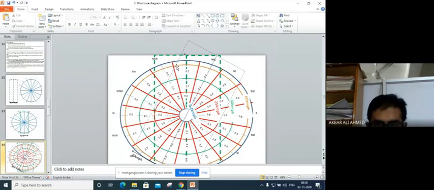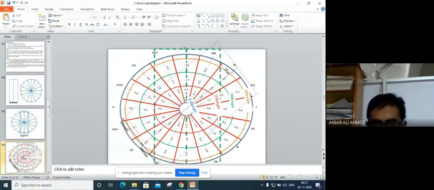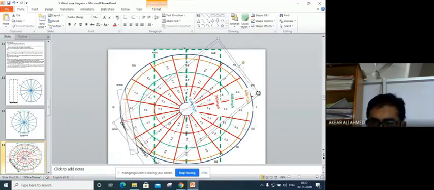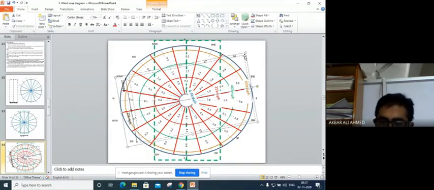And then I will see what values lie between the extreme left line and extreme right line, and only the inside values I will take. The values which are lying inside these vertical lines, only those values I will take. Similarly, another trial. Again, change the orientation in this manner. And again, what are the values lying inside? Only those values. Again, one more trial. In this manner, you take all the trials and you take the values. Okay. So this is the procedure of the type 2 wind rose diagram.